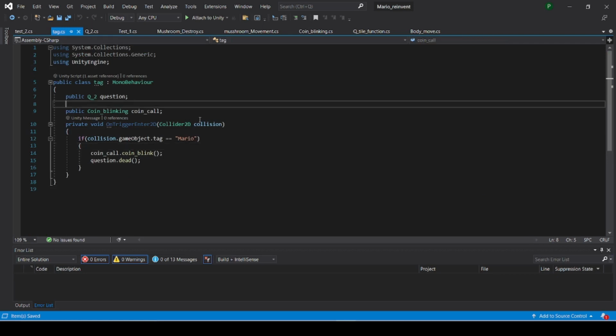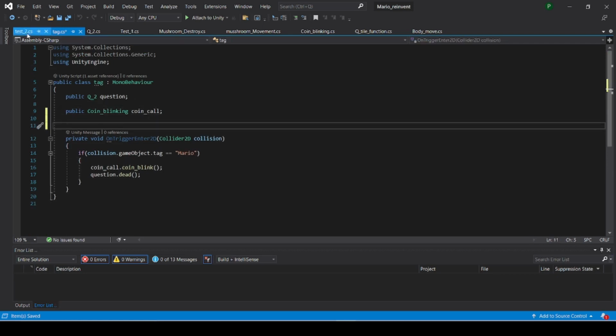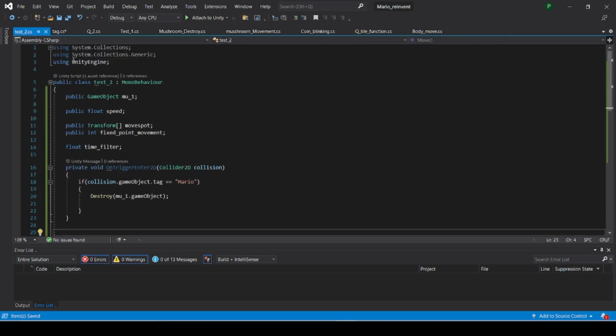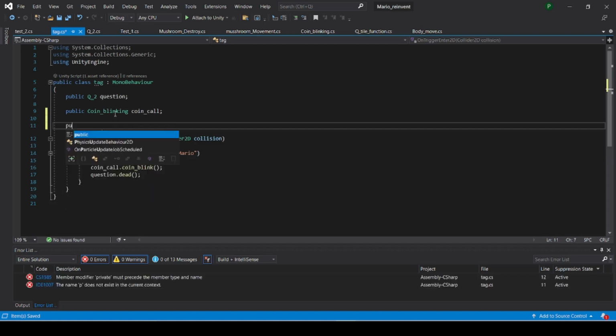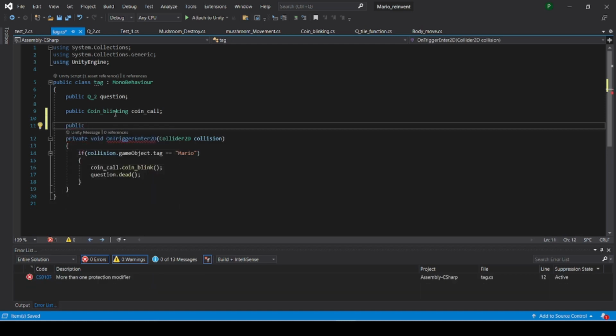So here I'm going to call this test2. I'm going to copy this class, which is public, and here is test2. I'm going to name it mush calling, which is mushroom calling.